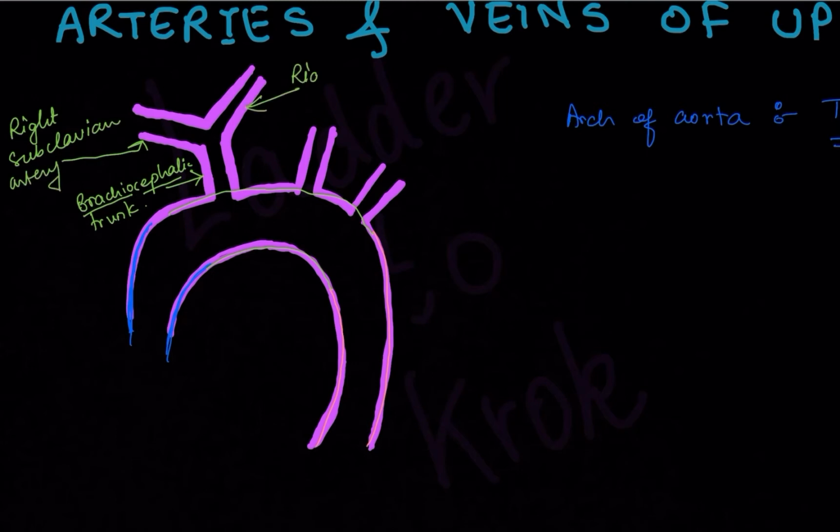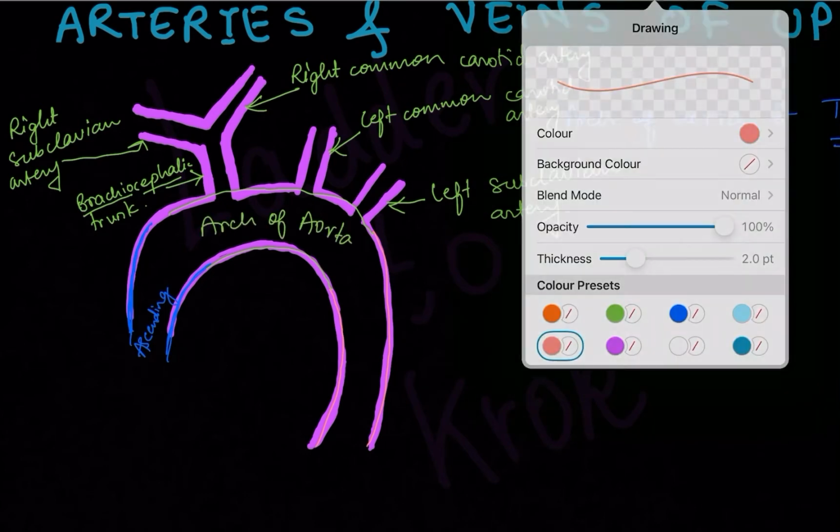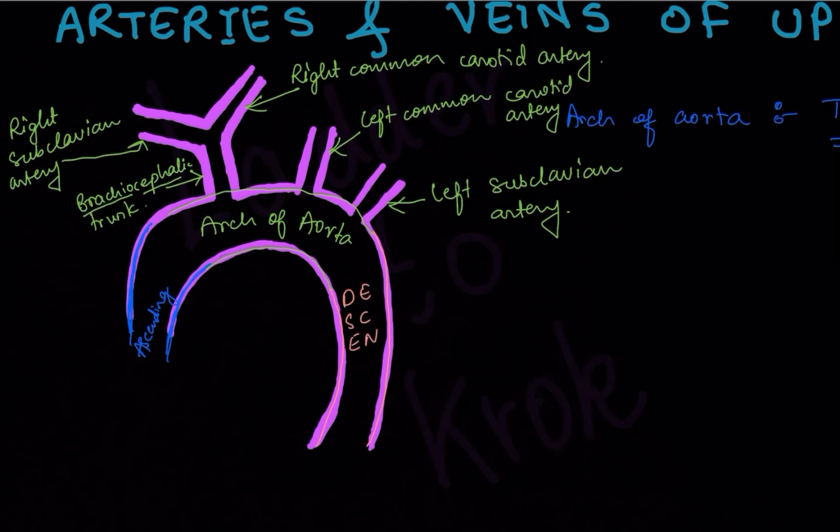This is the right common carotid artery. We have done what is common carotid, right? It will go and divide at the carotid triangle into the external carotid artery and the internal carotid artery. Then you have the left common carotid artery, which directly originates from the arc of aorta, you have to remember. And this is the left subclavian artery, going to your left hand. That's all you have to remember about the aorta. Parts of aorta: ascending aorta, this blue color part, this green color is arc of aorta, and then this light pink or peach color is the descending aorta.